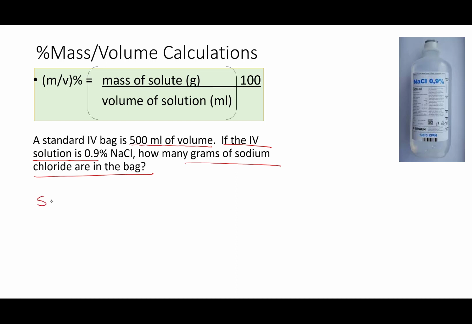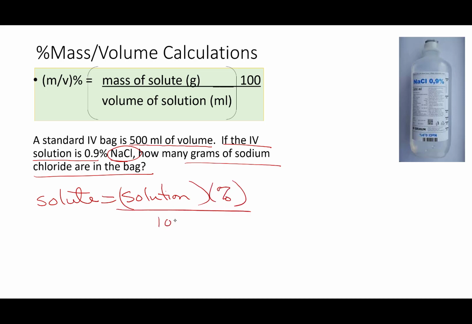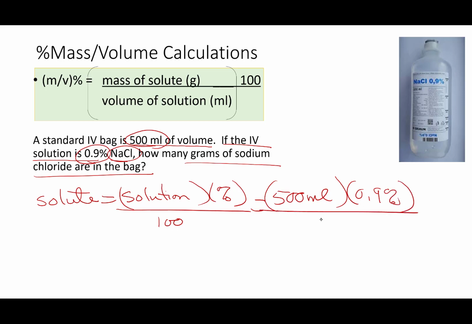All right, so my solute is what I'm looking for. That's my sodium chloride. That's going to be my entire solution times my percentage divided by 100. So my entire solution is 500 milliliters. The percentage is 0.9, and divided by 100. So I'm going to throw that in the calculator. 500 times 0.9 divided by 100, and I end up with